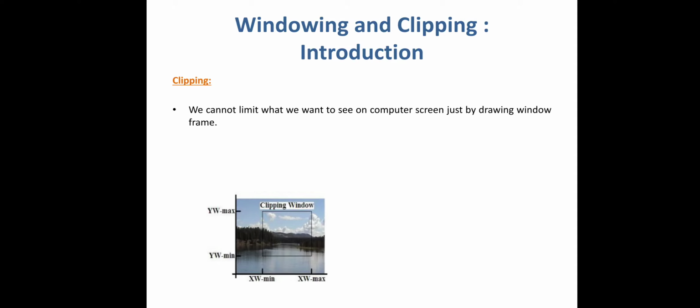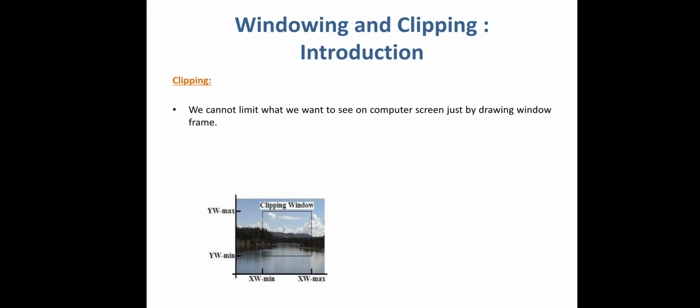We all know the best example of this is a photographer's camera. When we look through that camera towards a particular scene, we are able to see the scene, but in addition to that scene, we are seeing a rectangular area also, right? And the final photograph gets developed with the scene which is inside that rectangular area. So, this is the best example of windowing, a photographer's camera.